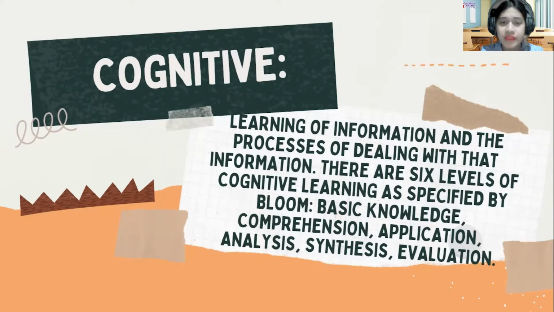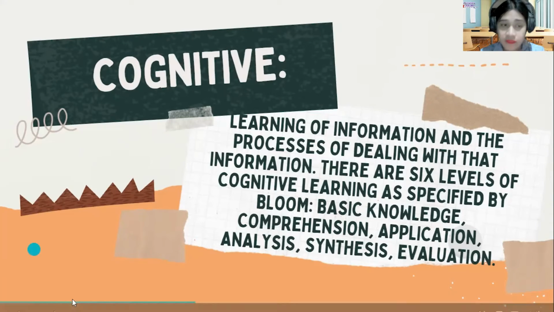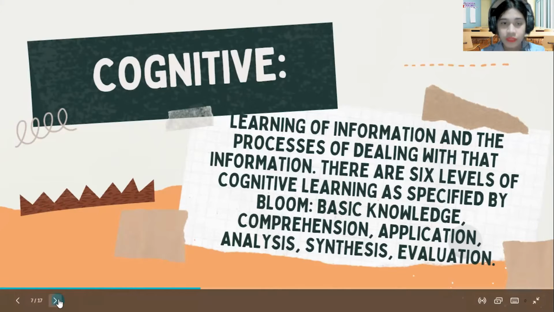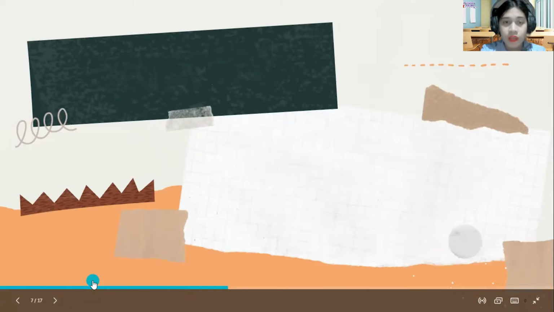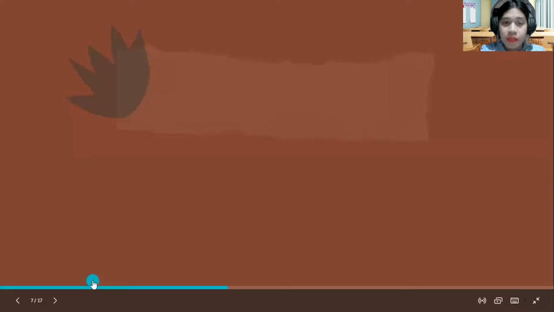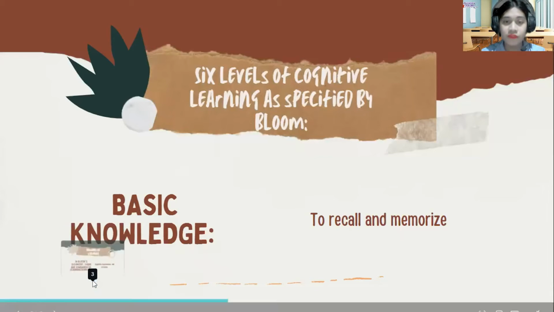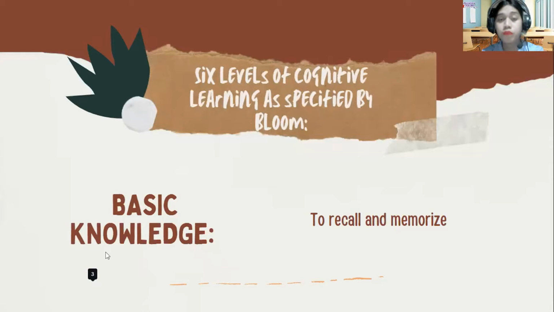Because they entail more sophisticated learner behaviors and competencies that require increasing degrees of understanding, the following are brief definitions of these six levels, without suggestions as to how to assess each level of learning. As you can see on the next screen, these are the six levels of cognitive learning as specified by